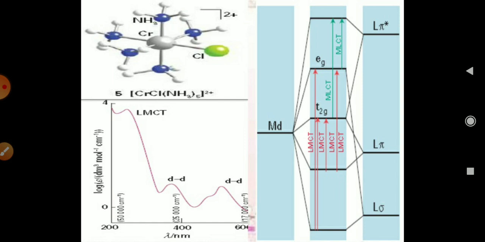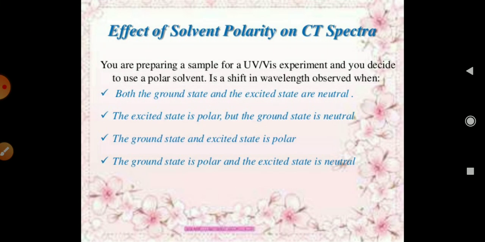So, the effect of solvent polarity on a charge transfer spectrum. If you prepare a sample for a UV and visible experiment and you decide to use a polar solvent, you have to choose some particular wavelength for this kind of shift. Both the ground state and excited state for that solvent may be neutral.